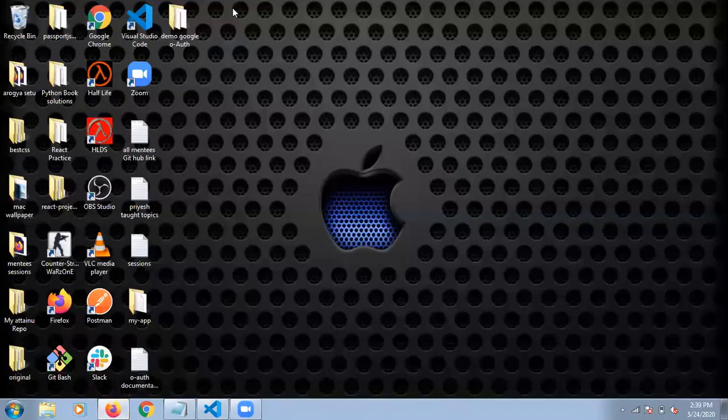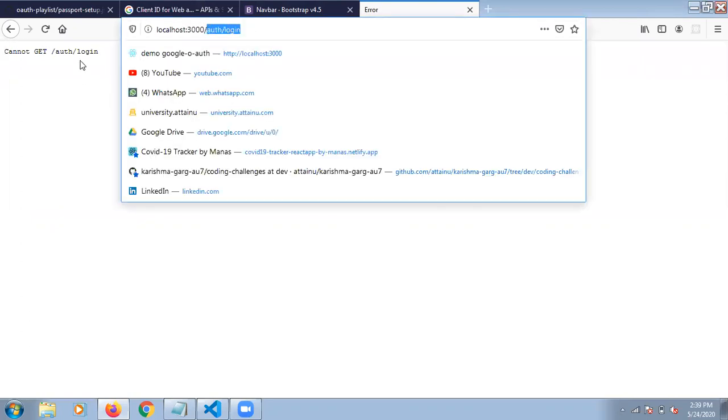Now we are going to say something. 1, 2, 3. Whenever you click on the home page, it will redirect to the home page. But whenever you click anything else, since we have auth slash login and we have not mentioned anything there, it says it cannot get authentication and login, because we are not mentioning anything inside there. Logout also has the same problem, and profile also the same. We have not mentioned anything inside our application.